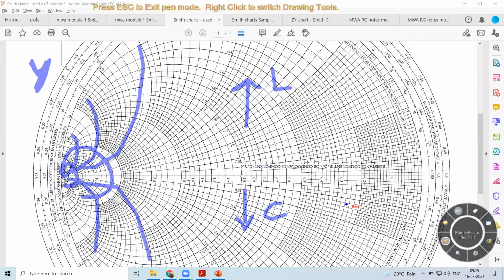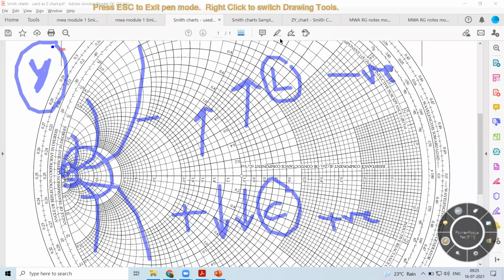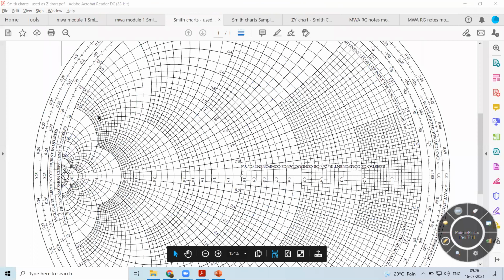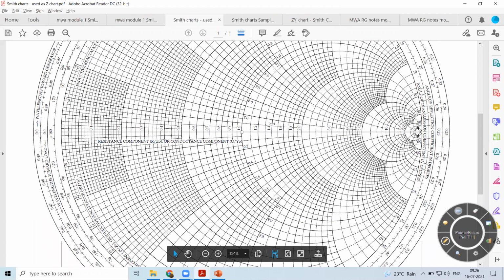But in impedance, how is inductance identified? Inductance is identified by a positive sign, whereas in admittance, capacitance is identified with a positive value. So therefore, the lower half is used for plotting positive values and the upper half is used for plotting negative values. That is when the chart is in this form. Now it is really difficult every time for you to rotate these and obtain.